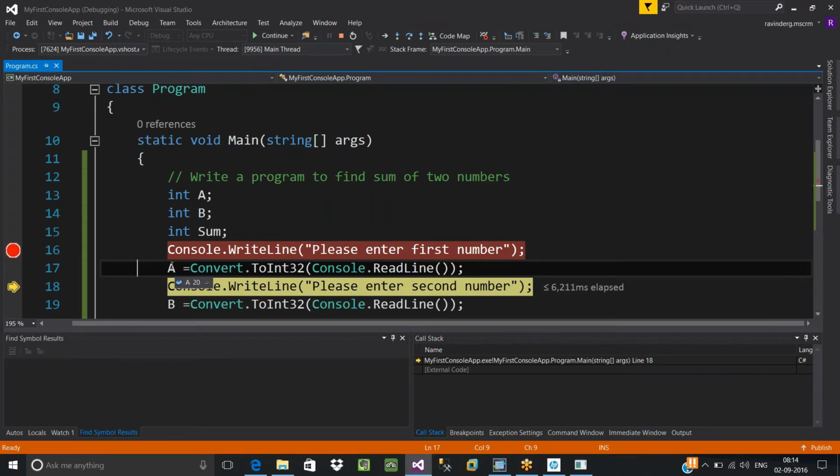If you want to see it, every time you cannot drag your mouse, right? Just pin this, and it will appear on the screen. You can see it right there. Like this, you can do the same thing with b also. You can do this with any variable.